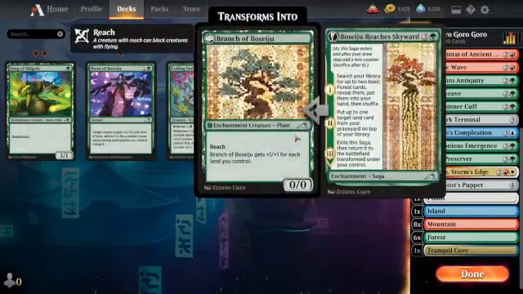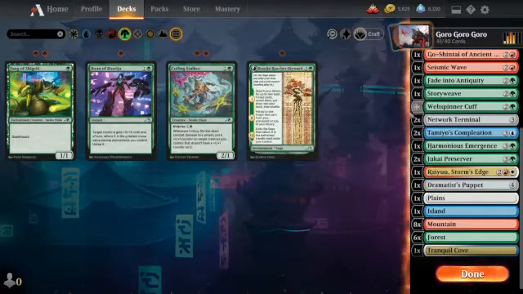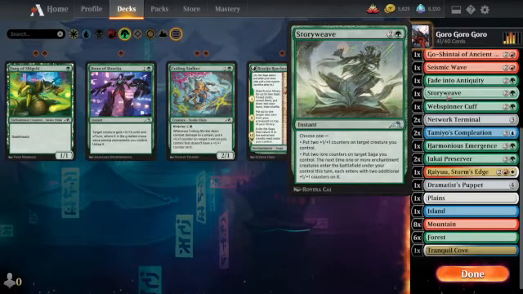Boseiju doesn't do any modification. That's one thing as well. It's just a big creature with reach. So I decided I'll actually swap that for Story Weave, which, it seems strange, but